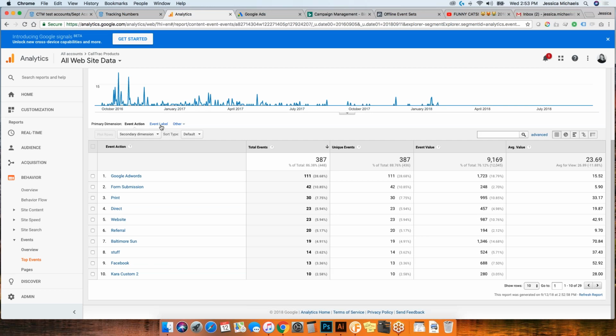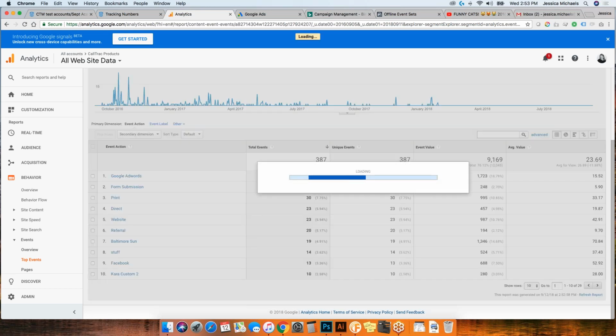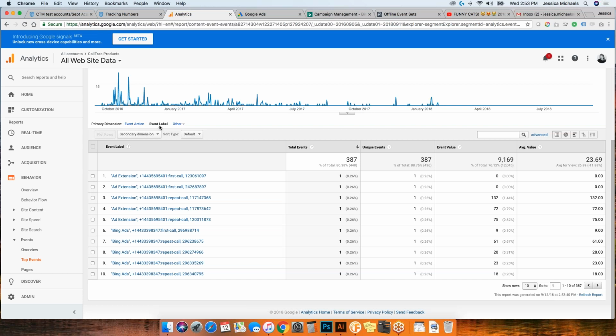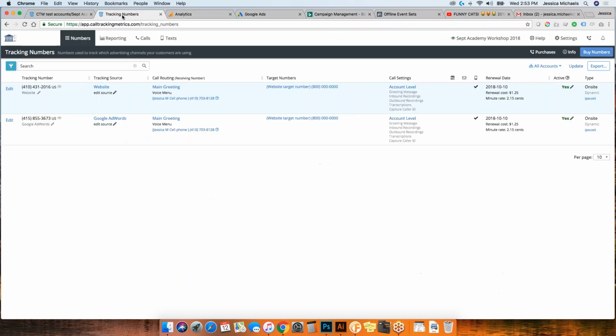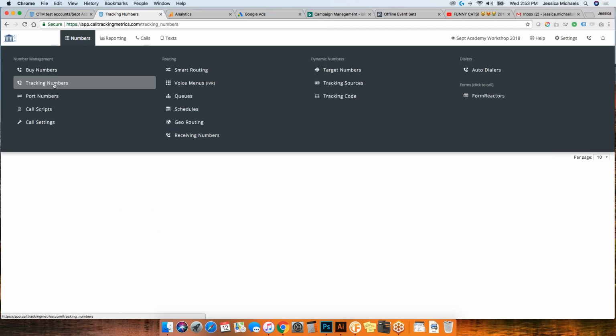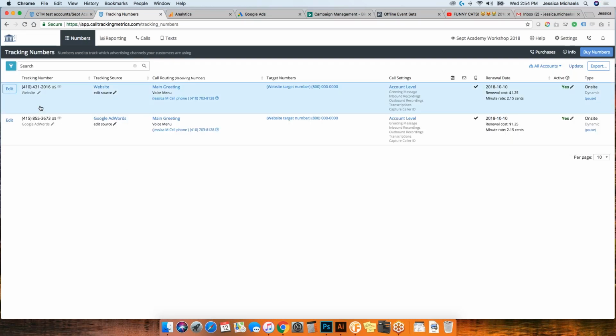And then if we click into the event label, that's going to break down all of our calls into the 4 components. So one is going to be the label of the tracking number itself. So what that means, because jump over here, this is inside of Call Tracking Metrics. If you go to our tracking number setup, you have the option to label each individual tracking number.